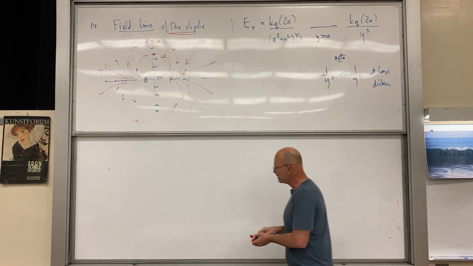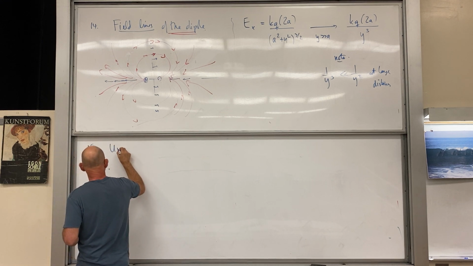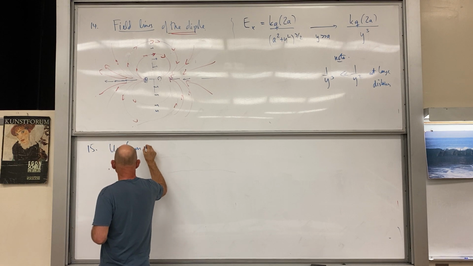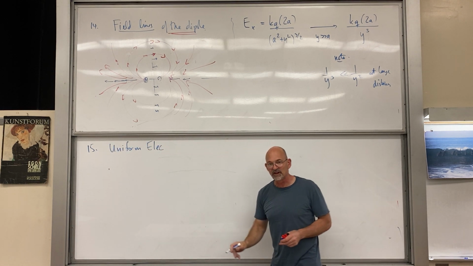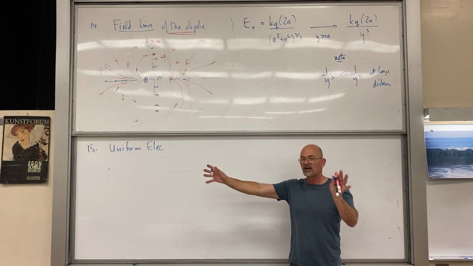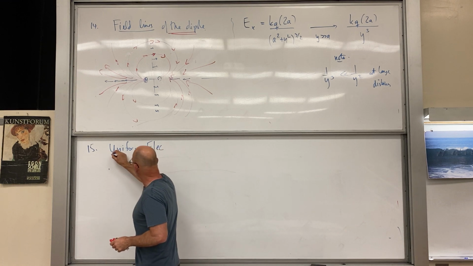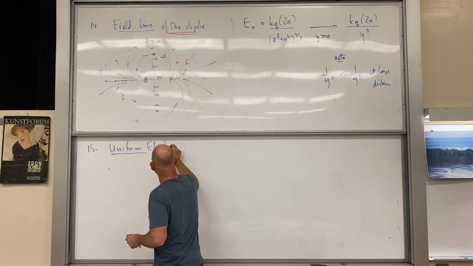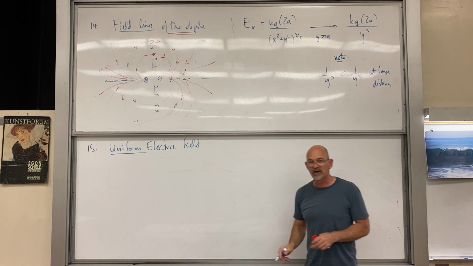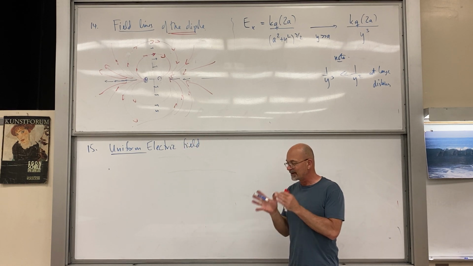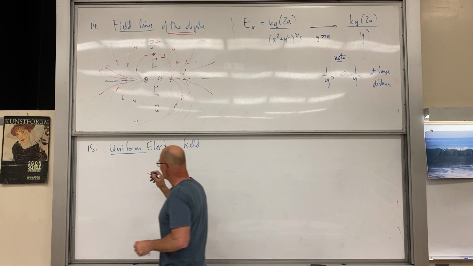So 14, 15, what about uniform electric fields? You see, these point charge electric fields are anything but uniform, right? They're radially in all different directions, and they get weaker the further away you go. If I wanted a uniform electric field, I would want a constant electric field vector, so the same direction, the same magnitude in a certain space. And the way we get that